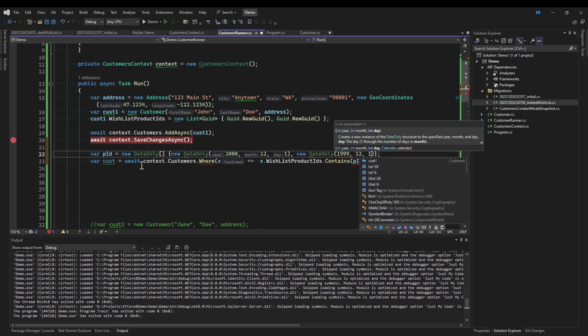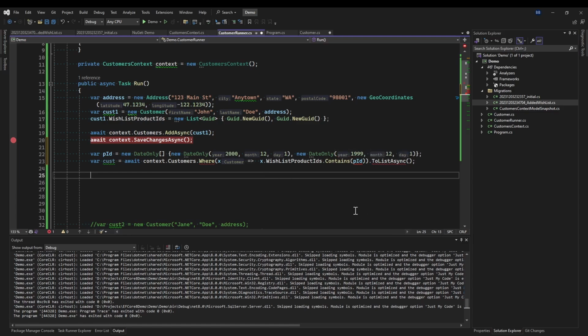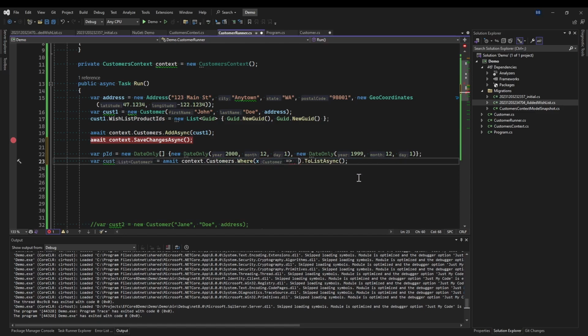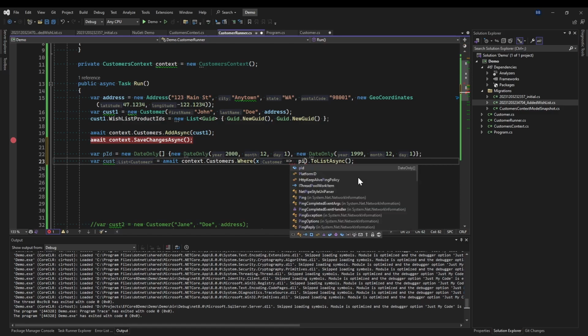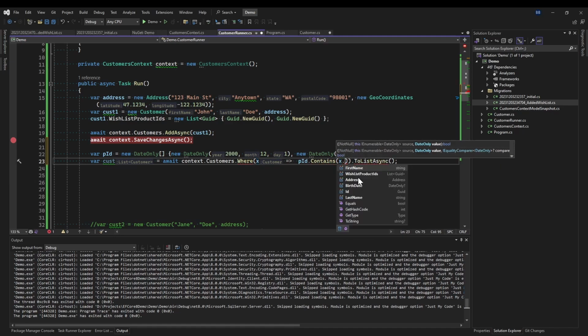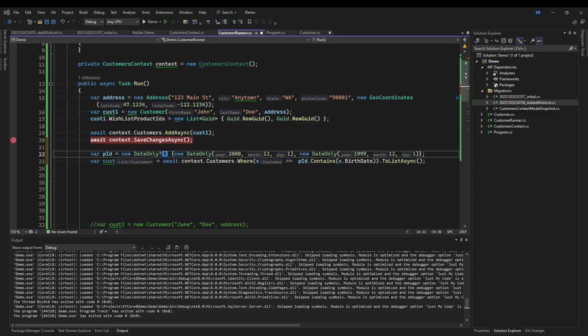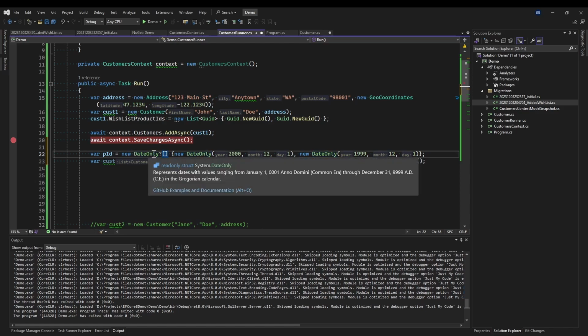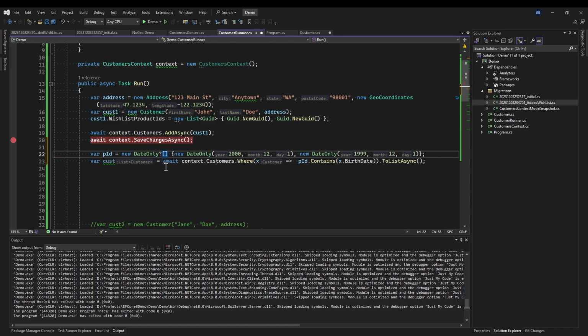Let's just say I've got a couple random dates here, and I want to find all the customers who are born on those two particular dates. So one of the things that I could do is say contains x dot birth date. Whoops, I forgot it was date only nullable instead of date only. That was my problem. But you could do it as a list too, as long as you're comparing it